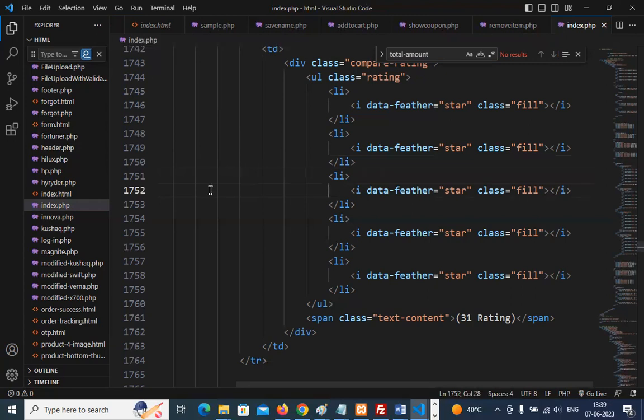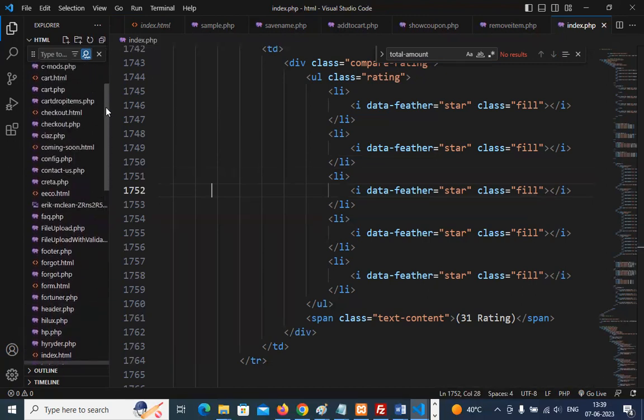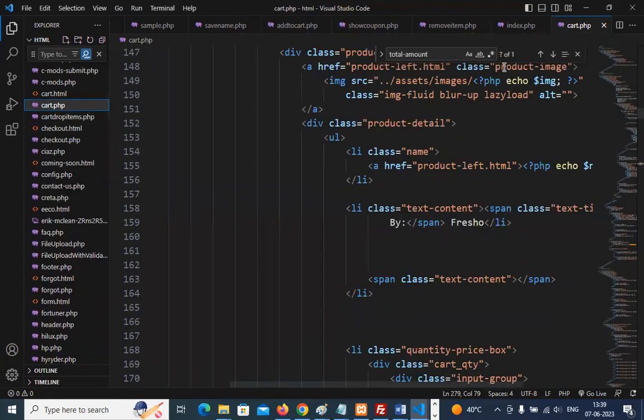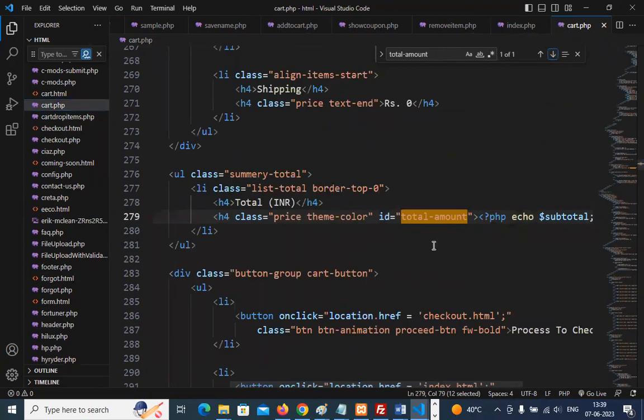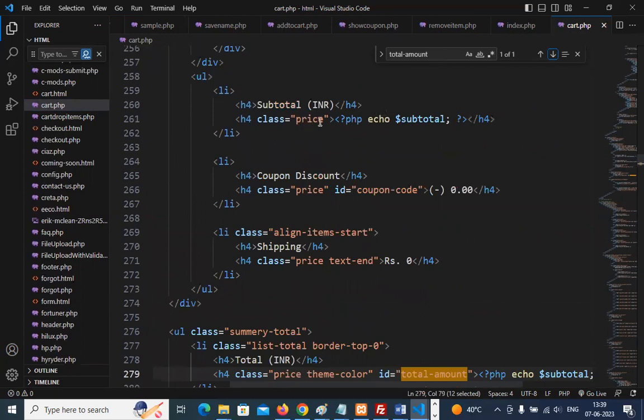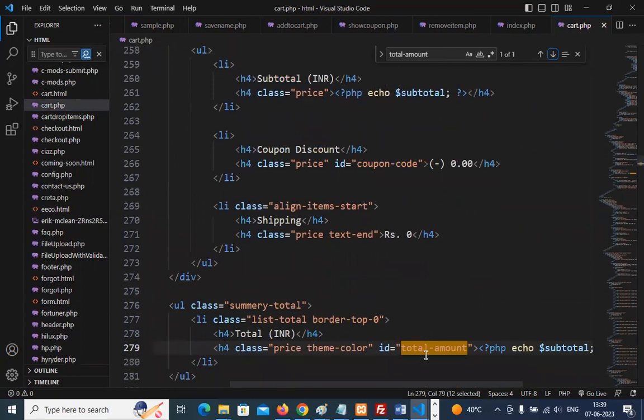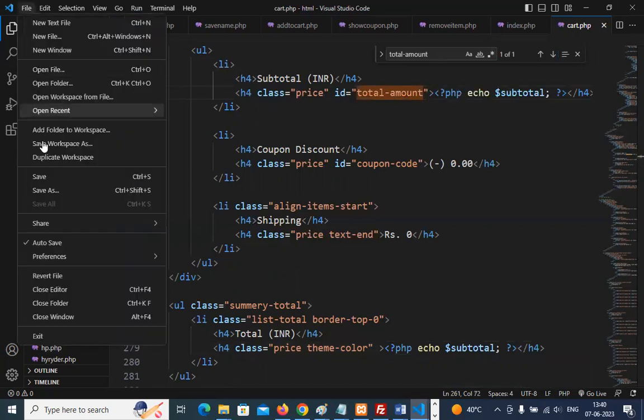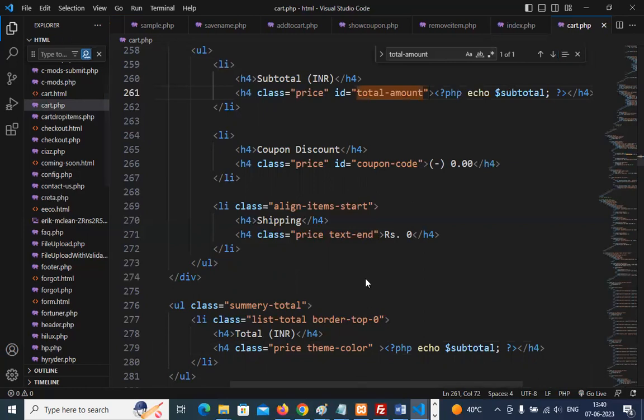ये कोड कार्ट डॉट पी एच पी में लिखा हुआ है। ये टोटल अमाउंट आ गया, यहाँ पे हम लोग दिखा रहे हैं, टोटल अमाउंट, शिपिंग और सब टोटल। ये नाम हम लोगों ने रखा है टोटल अमाउंट, और एक टोटल अमाउंट ये प्राइस का है। तो हम लोगों को यहाँ पे दिखाना पड़ेगा, इंस्टेड ऑफ टोटल अमाउंट हम लोगों को प्राइस में। तो ये जो आईडी है इसको अगर कट करके हम लोग यहाँ से इस वाले इसमें डाल देंगे तो आई होप कि अब सोल्यूशन मिल भी जाए। इसको सेव कर लेंगे और अभी